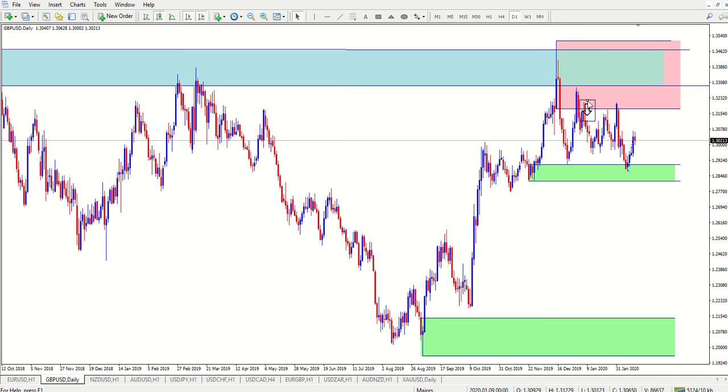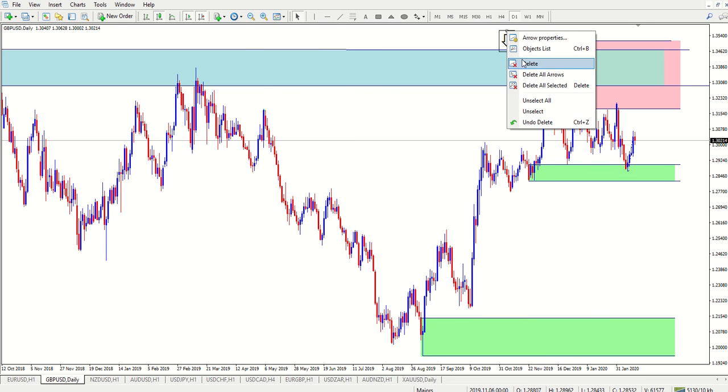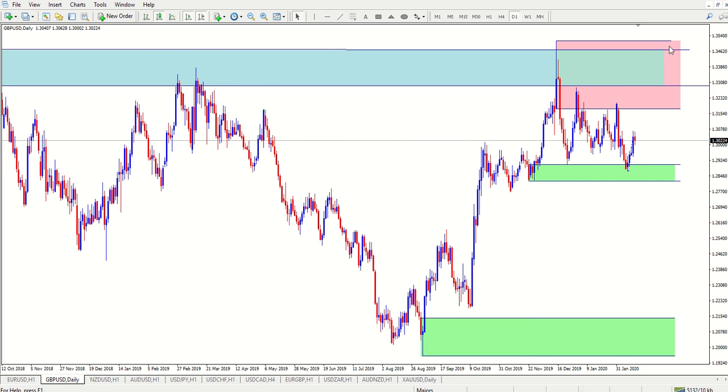It penetrated it, and then it went and retraced a bit right down there. In the process of doing that, it left us a big supply zone. I'm sure you can all see that, the pink level right there left us a big daily supply zone. But that's not a problem, because we know how to time our entries. Great stuff. So it did that, and in the process of it going up to break that blue weekly level, it left us